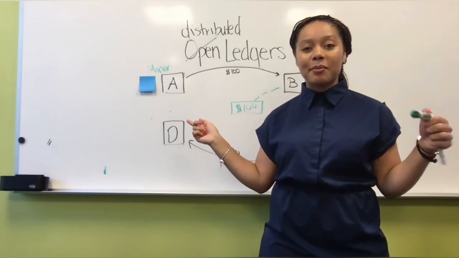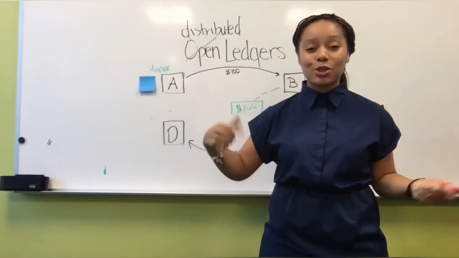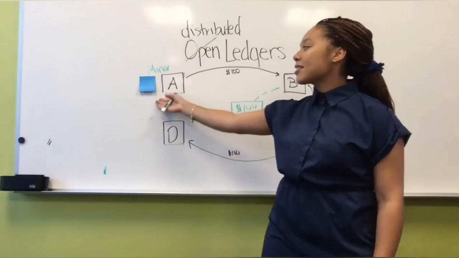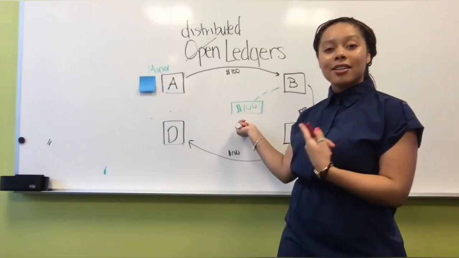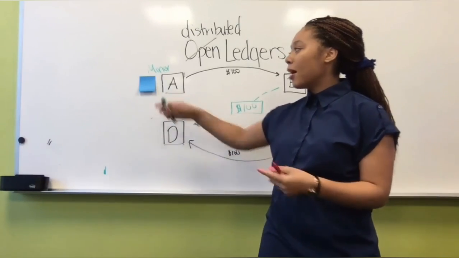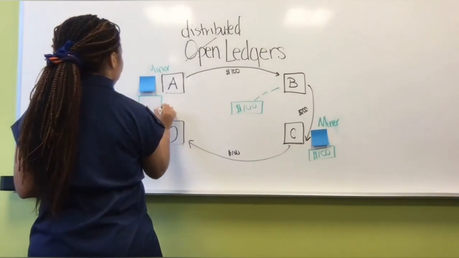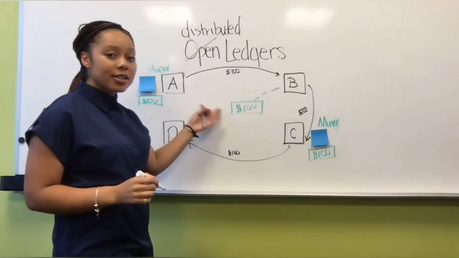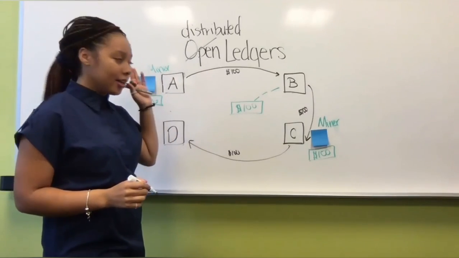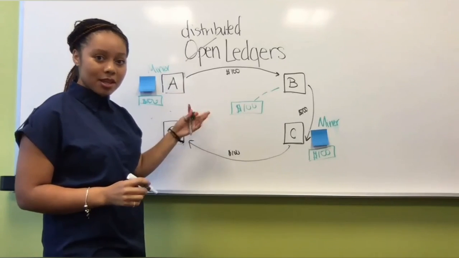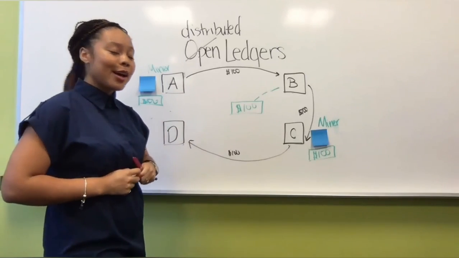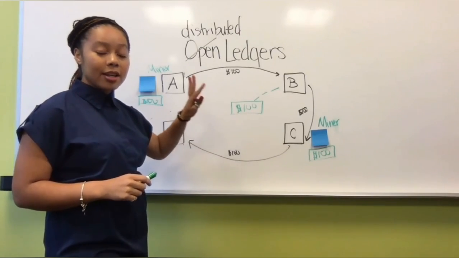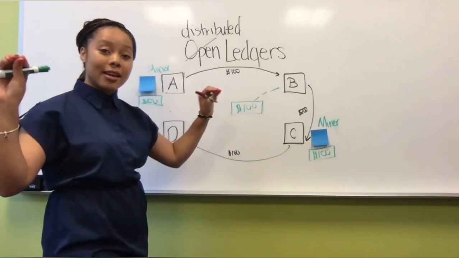So what happens is, once C puts the solution on the network, everyone takes it and uses it and puts it into their own ledgers. So A is going to be like, oh word, C posts the key in the network, so I'm going to go ahead and add it to my ledger. I didn't make the money. I didn't get the Bitcoin for winning this first, but A is going to go ahead and try again for the next transaction that comes. It's basically a race to see who's first. And then once the answer is put into the network, the solution is automatically added to all the ledgers.